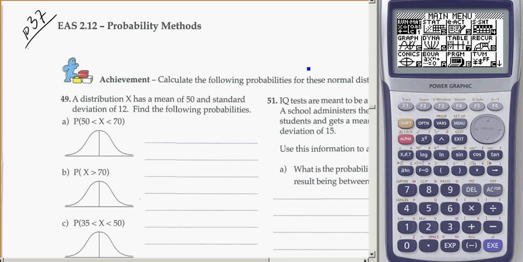So in your workbook, this is page 37. It's kind of the first questions on normal. So just another example if you need help getting started on the workbook. If we look at question 49, a distribution x, so we're not going to make up a word problem, we're